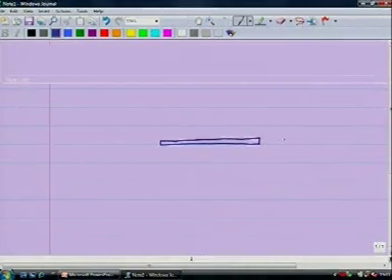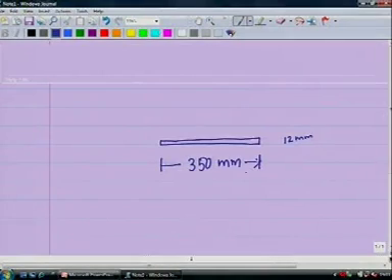This is your 12 mm plywood, and this is 350 millimeter. Now you are putting 50 millimeter by 100 millimeter studs at the edges on the ends, and one at the center.